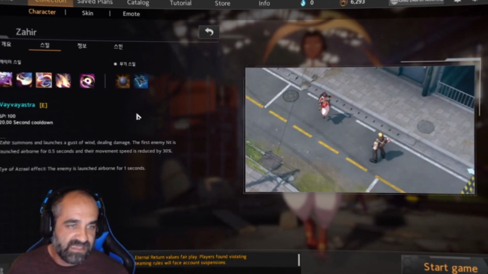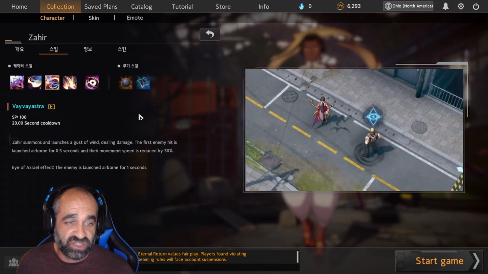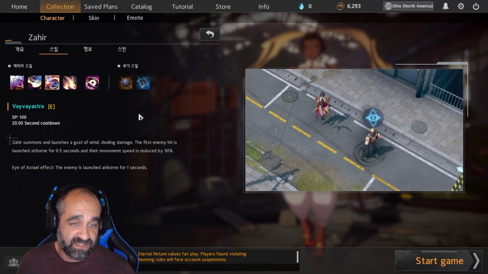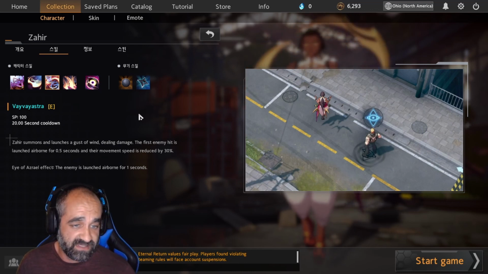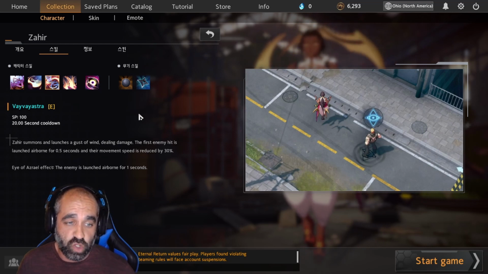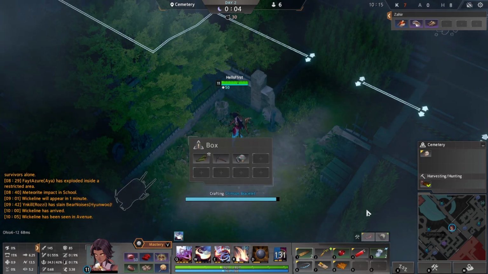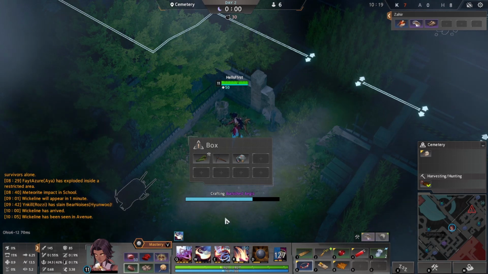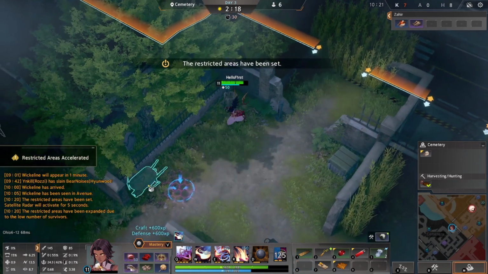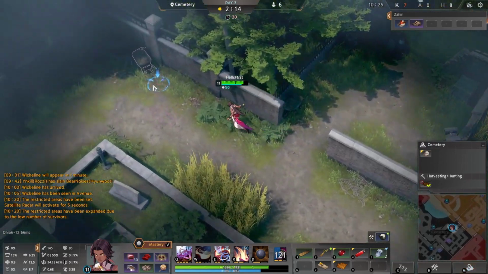Then we've got his E, Baba Yastra, right? And he summons and launches a gust of wind, dealing damage. The first enemy hit is launched airborne for 0.5 seconds and their movement speed reduced by 30%. This is a great way to just knock someone to where they can't do anything, and then you drop your R on them real quick when this is happening. Now, if the Eye of Azrael is there, they're launched for 1 second, giving you even more time to dump